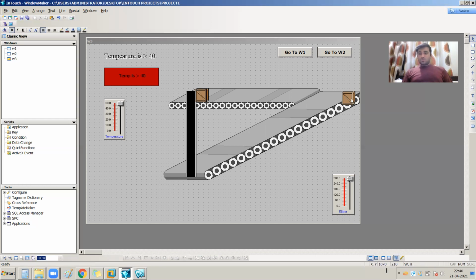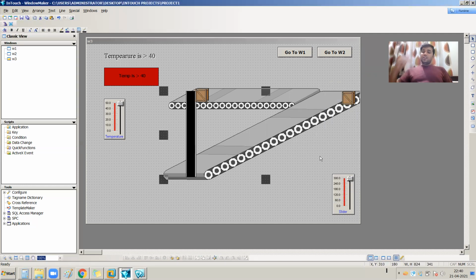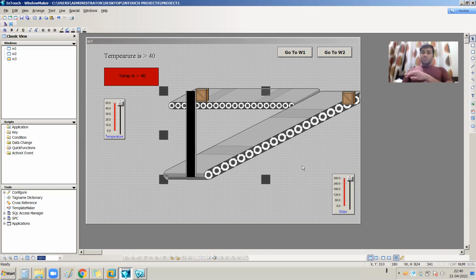Okay, so 180 to 520, 520 minus 180 is 340. So 340 is my top to bottom scale of the diagonal. Okay, for vertical, so 0 and down 340. And what about the horizontal?